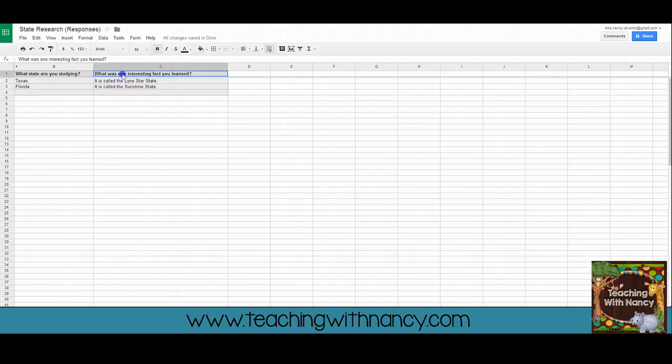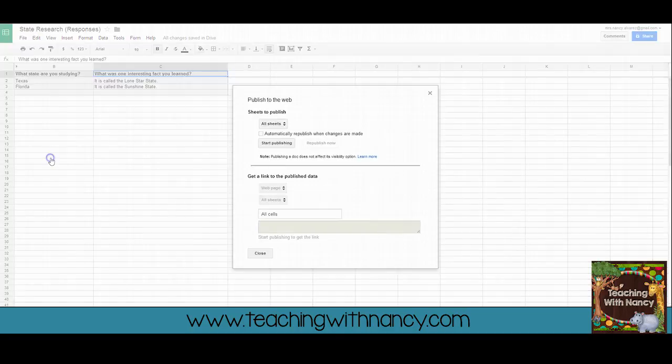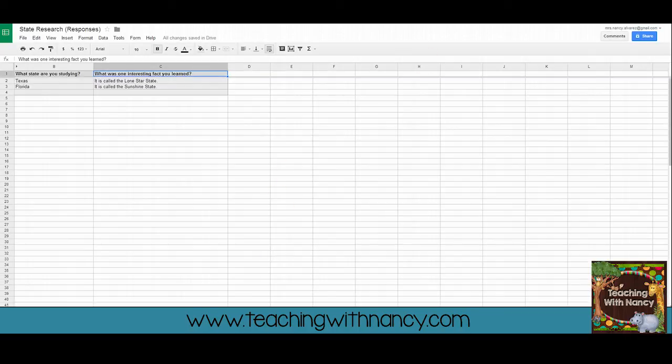I've also aligned my questions to the left so that they're not centered and then it gets cut off. So now go to File, Publish to the Web, and here I'm going to go to HTML, and by default it makes it 500 to 300, so I'm going to change that. I want it to match the other form's widths, and it's 760, so I'm just going to type over that, copy the code, close, and go back to my Google site,